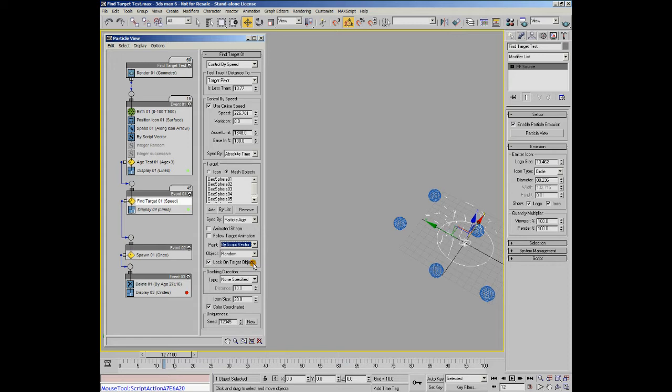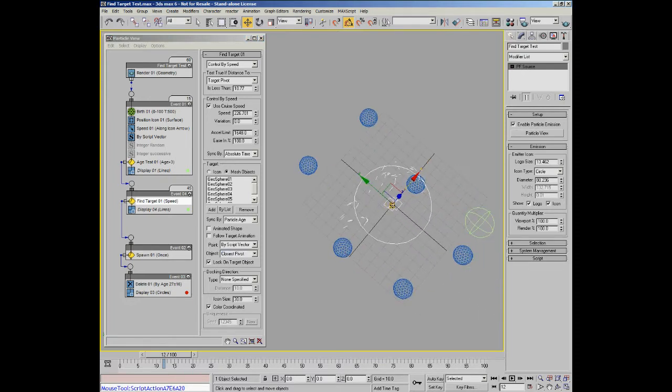This option here, lock on target object, what that actually does is when you're defining your object target here, it's going to use a random value. Now this can actually be constantly active, so random only gets applied once, but closest pivot, that can actually change over time. So if we're trying to reach our nearest pivot point, and that pivot point was to change during the simulation, the particle would actually be allowed to change its target